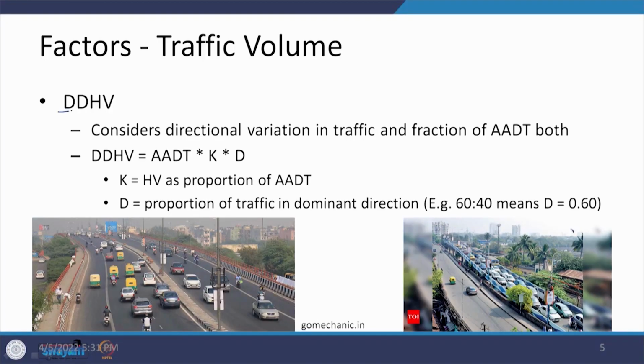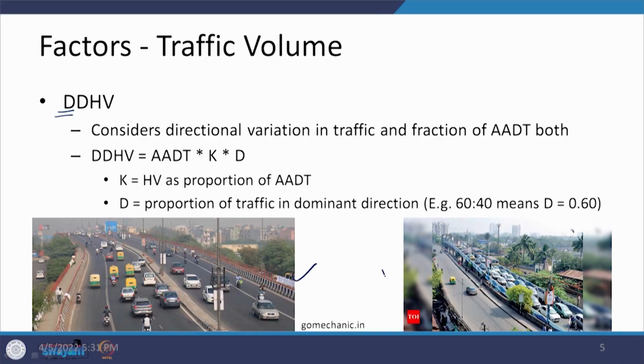Now, another thing which is there is DDHV. Here one D is being attached and that is related to the direction. So, it is a directional design hourly volume, that is what we are talking about. Now, if you look at the two photographs being embedded here, the one on the left and